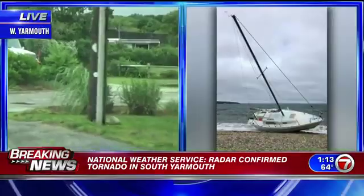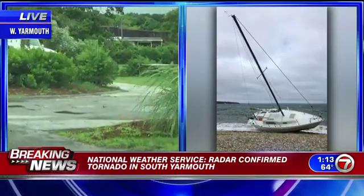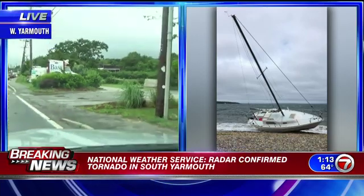Chris, we're taking live pictures here from our storm tracker. This is in West Yarmouth as our storm tracker is driving down the street. You can see the damage that they're encountering as they go by there. Also, MEMA has partially activated